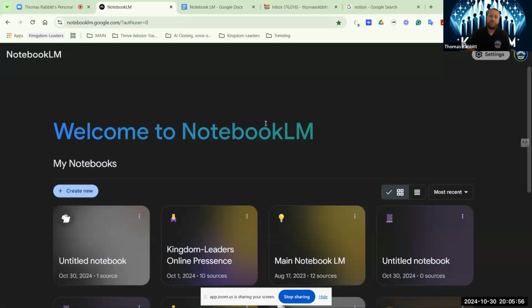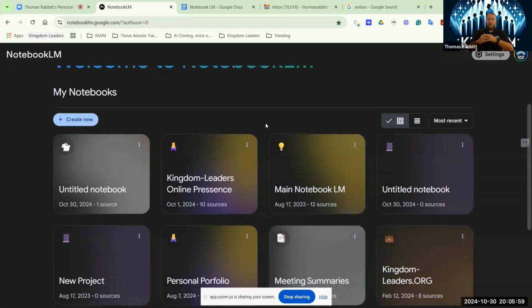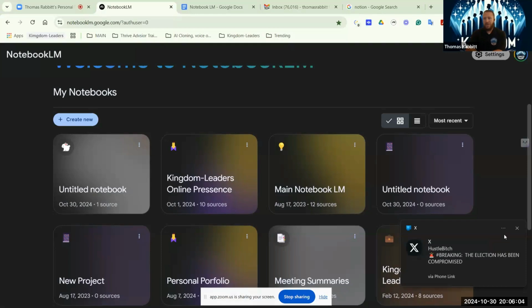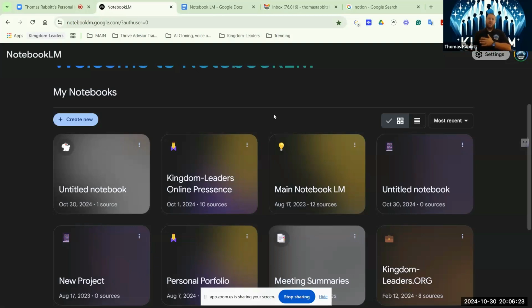So let's go back to our main page. Let's talk about that for 2 seconds, actually. If I'm able to have multiple conversations with multiple people, and I'm able to pull those in, how can I make it live and constantly updated? Well, there are certain tools like Notion, Zapier, and a few others where you can take live conversations that are happening on Zoom or on phone calls or wherever, and then have the summary sent automatically to a document, and then you can have that document included in NotebookLM.